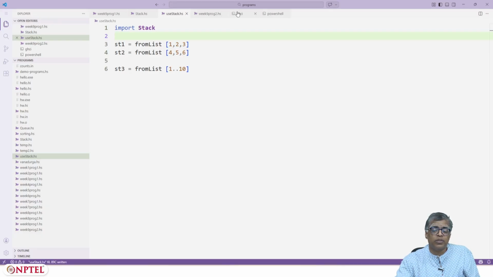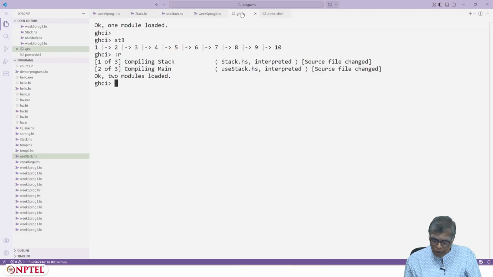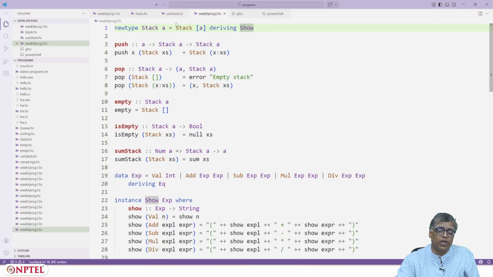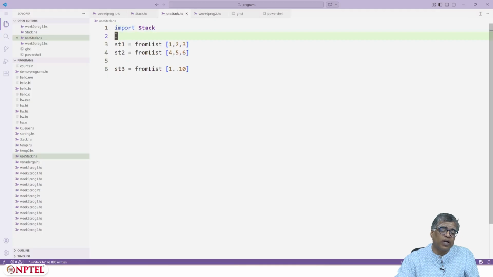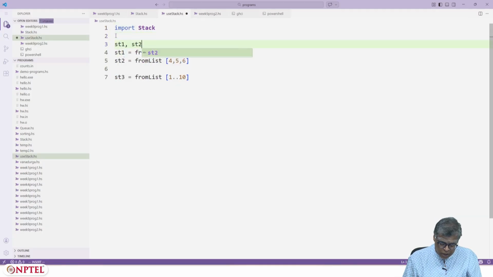Let's see what happens. Okay, it compiles. But suppose I wanted to say, oh, I have not given any types here, so let's give some types. Stack1, stack2 and stack3 all have type Stack Int, let's say.